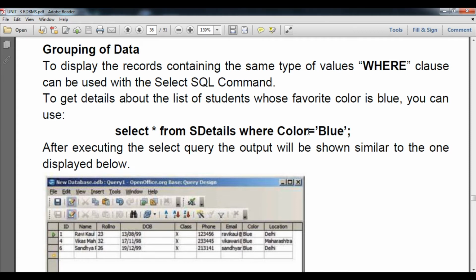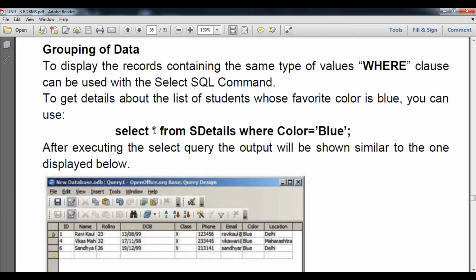It can be equal or more than equal. If it is numerical, you can use arithmetic operators such as equal, and logical comparison operators such as greater than and lesser than. In this case, students, we are going to access only the blue color students' details.